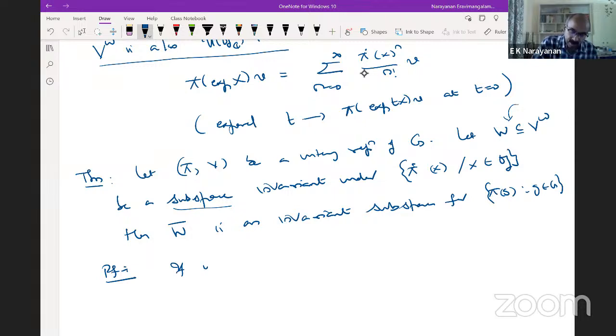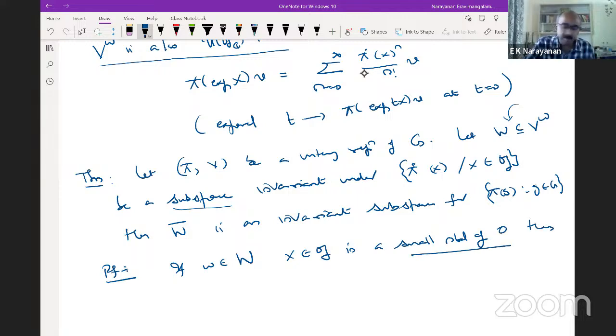If v in W and x in the Lie algebra in a small neighborhood of 0, then you have the power series expansion. So pi of x V equal to summation n equal to 0 to infinity pi dot of x to the n divided by n factorial V,